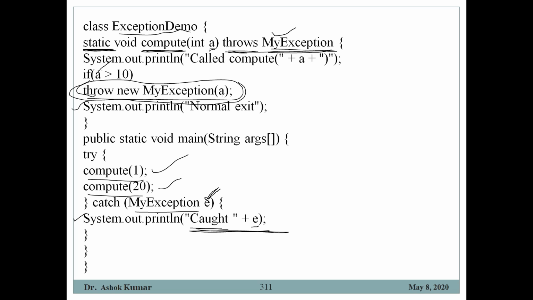The other case is if you want to find the area of a triangle from the 3 sides, and the condition is that if the sum of any 2 sides is greater than the third side, then only a valid triangle is formed.